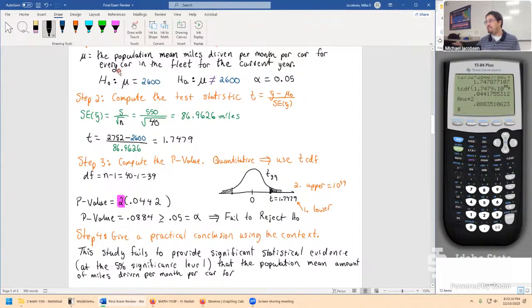Let me put the red dot by it. For every car in the corporate fleet, I'll just say in the fleet. So that reads out, oh, I forgot, for the current year, let's keep on going. For the current year,